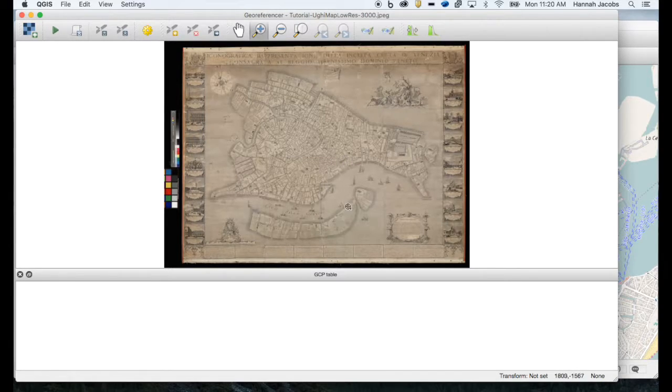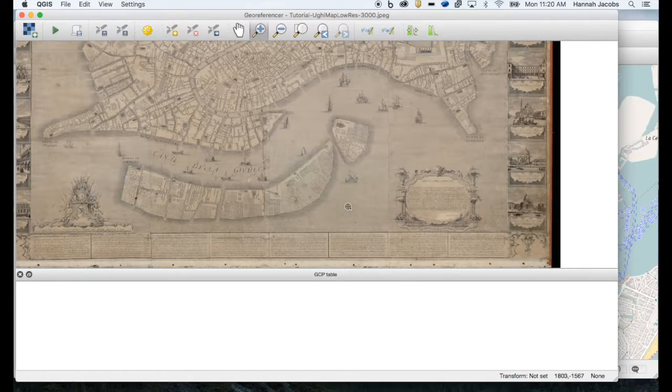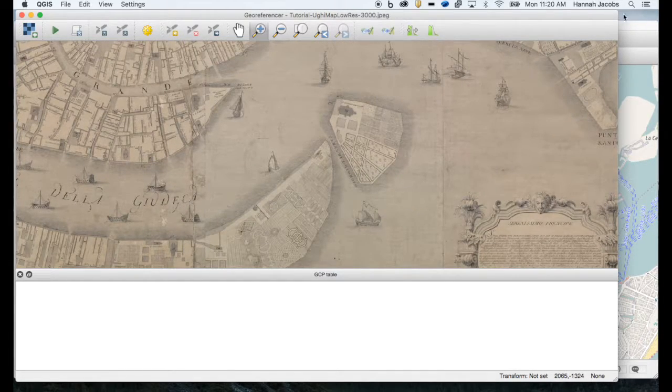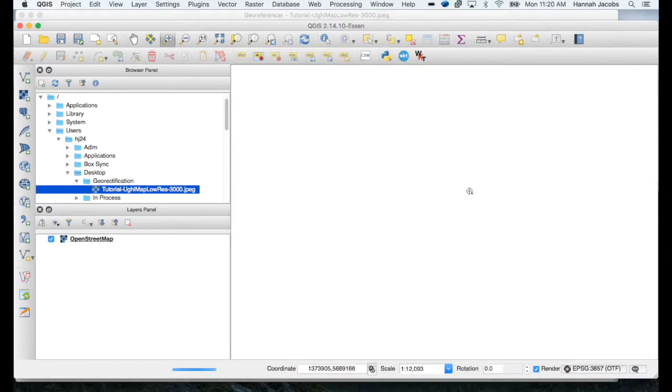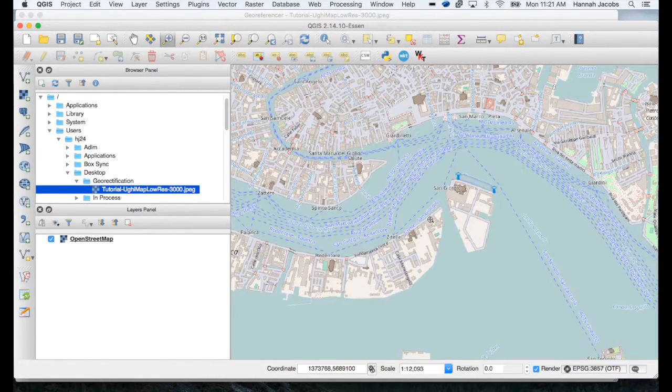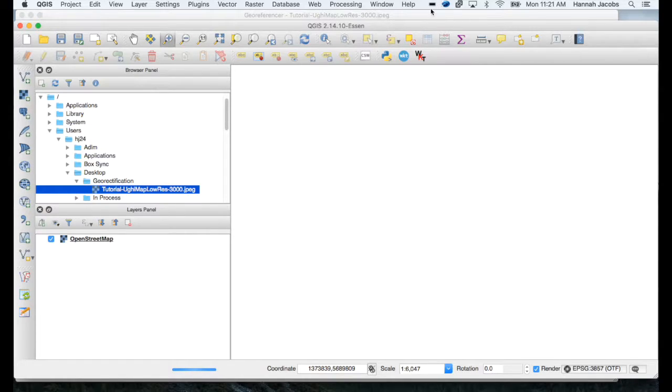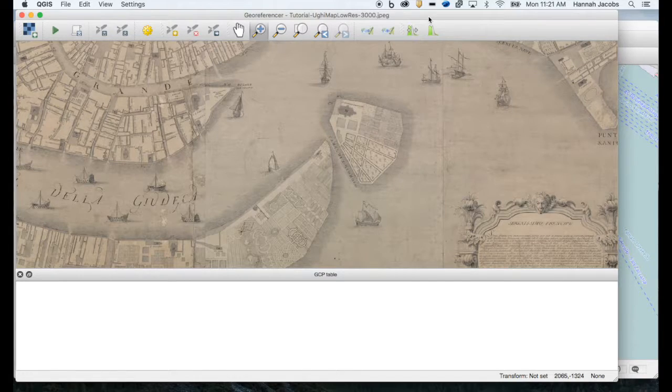But before I do that, I want to zoom in just a little bit further on my map. The further zoomed in you are, the more accurate your placement of points will be. So it's important to spend time zooming in and getting a good view on the area that you're going to be mapping. So that's roughly the same scale. I will return to that Add Point icon, and I'm going to start with this point here at the end